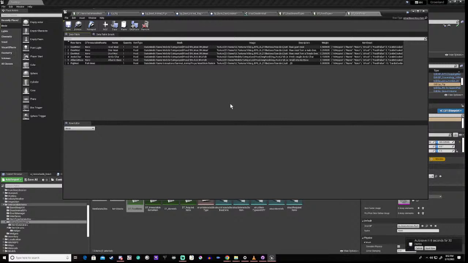Now the level timer is up to you. I would probably have it in the game instance, but that's a different story if you've never used the game instance. So it would be easier to just keep it in the pawn or whatever until you get to that point. You can't keep it in the coin blueprint because you're going to destroy the pawn, which will destroy the blueprint. So on your collision with the coin, each of your coins will have a reference to the pawn, and you'll put a custom event or function